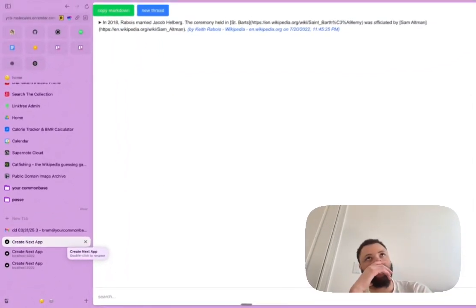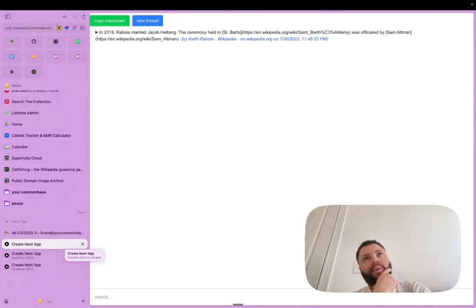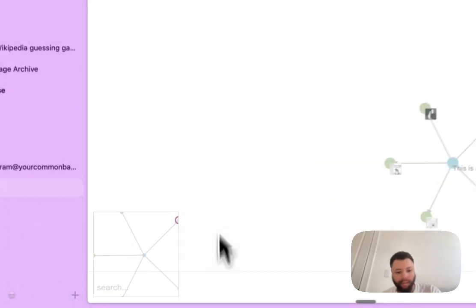So a point of feedback that I got a while ago was that the graph view can be a bit confusing. The graph view basically involves this huge D3 graph, and I'll pull it up here. Wait, let me try this pause button.